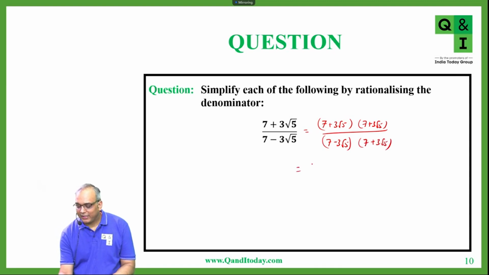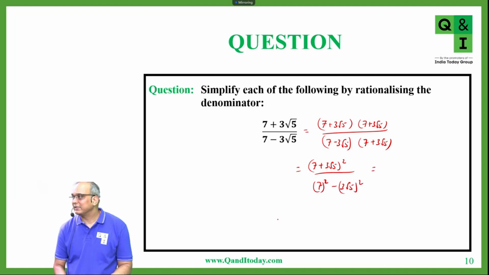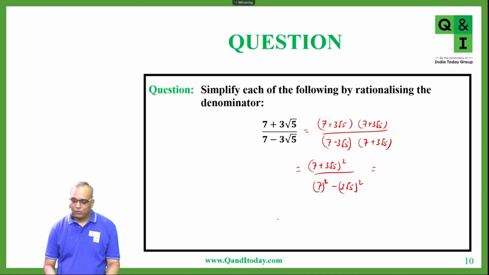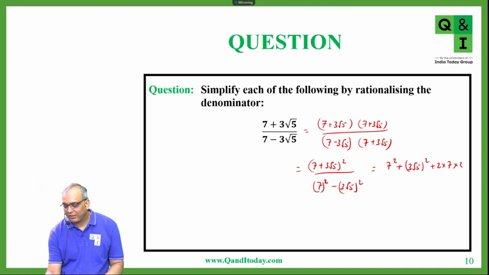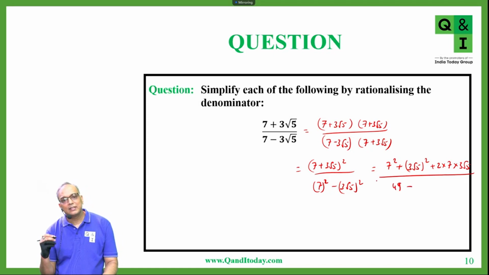So in the numerator, students will get (7 plus 3 root 5) whole square, and in the denominator we have 7 square minus (3 root 5) square. So in the numerator you will have a square plus b square plus 2ab. So this is 7 square plus (3 root 5) square plus 2 into 7 into 3 root 5, divided by 49 minus (3 root 5) square, which is 3 root 5